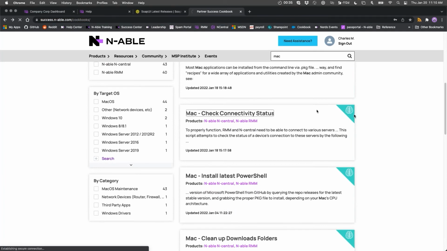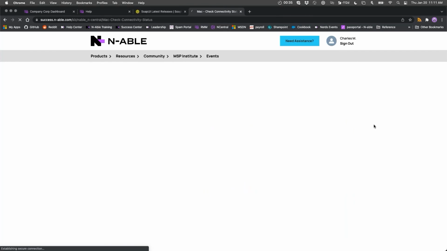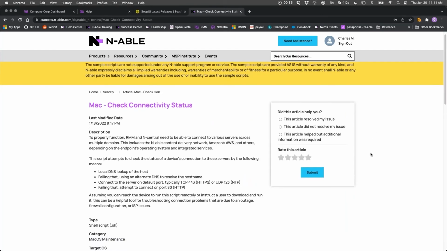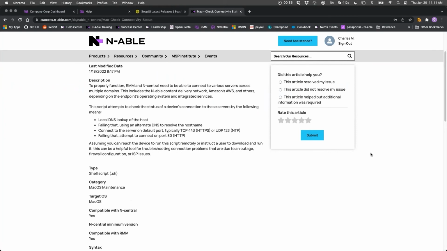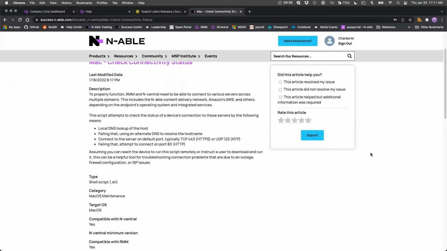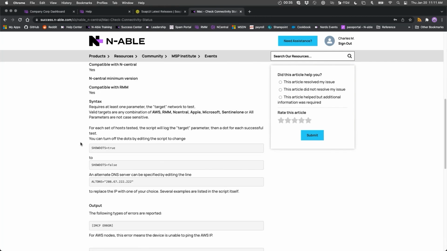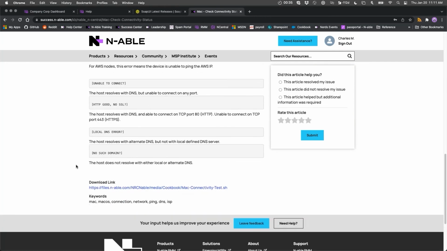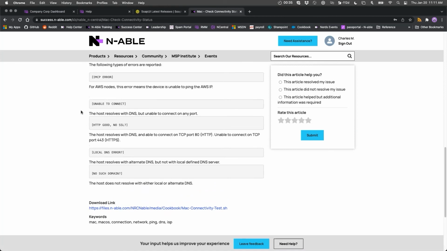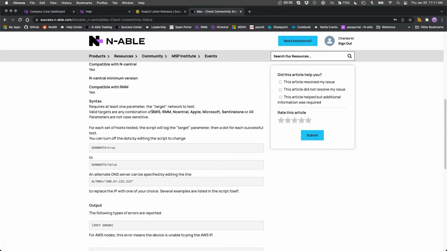Another one that is probably the most complicated script that I've done so far, mainly because it has a big long list of host names in it, is the connectivity status. And this will, when you run it on a device, you can have it check parameters. Here we go. Okay. It will check a list of AWS nodes, the RMM